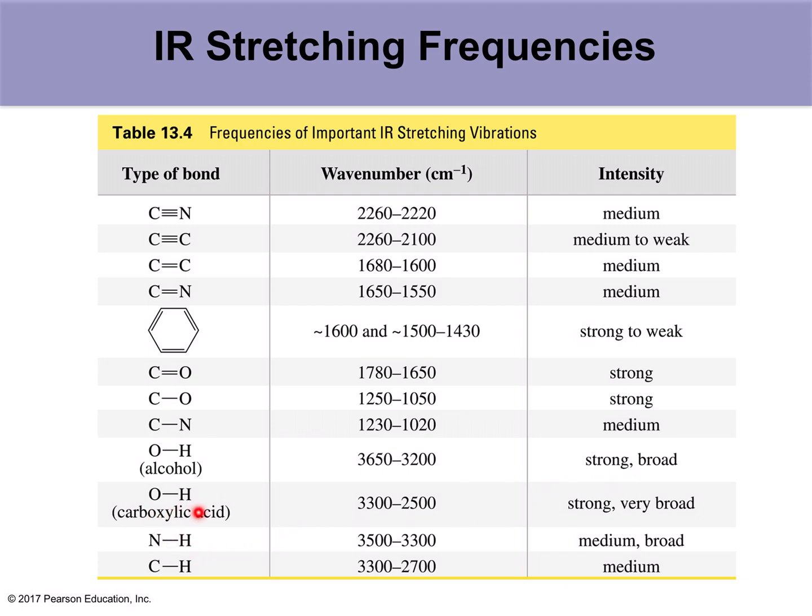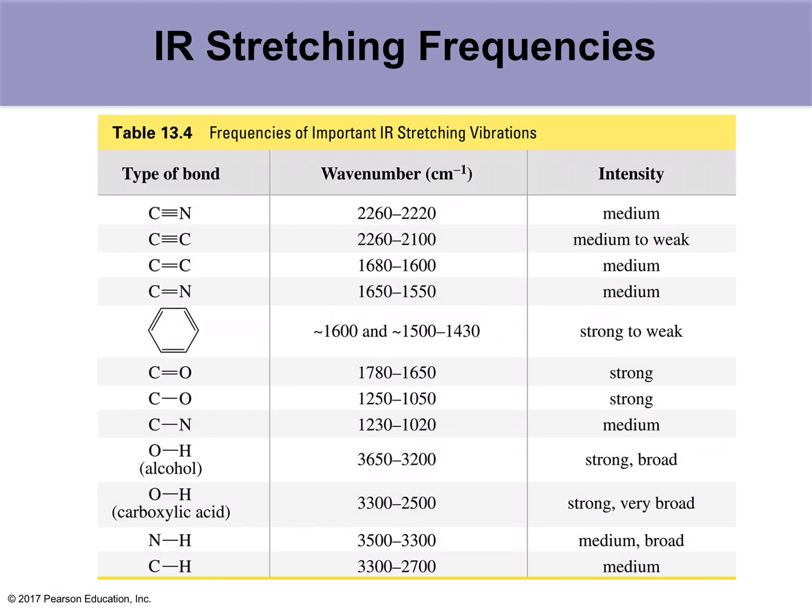And then for the carboxylic acid, again OH comes around 3300 to 2500. Alcohol also 3650 to 3200. They are strong, very broad peaks. And then the nitrogen hydrogen comes around 3500 to 3300. Medium broad, carbon hydrogen medium. Okay,